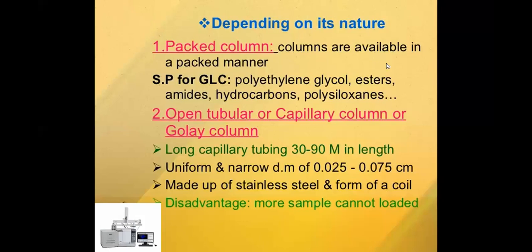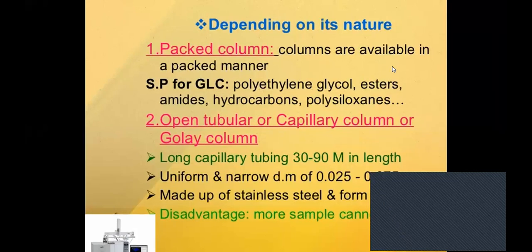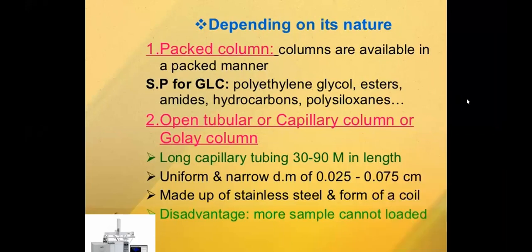Column preparation is done in two ways. One is dry column packing, and the second is wet packing. In dry packing, simply fill the column with adsorbent, and in wet packing, fill the column first with solvent, that is, the mobile phase, and then add the adsorbent. This is wet packing. So what about the design, and what about the packing material used in the column?